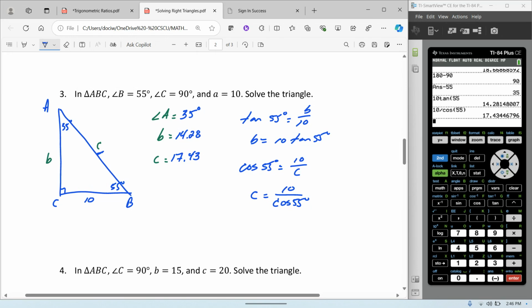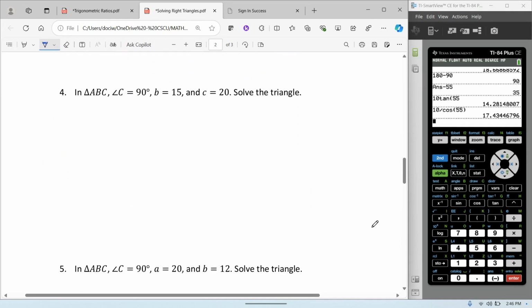Now, in examples 1, 2, and 3, I gave you examples where of the 3 parts that we were given, 2 of them were angles, and then 1 was a side. In example 4 and example 5, I probably should have made more space so you couldn't see example 5 yet, but in 4 and 5, what you'll notice is